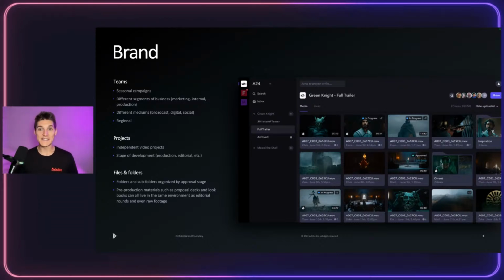Typically for brands, I see teams organized based on a seasonal campaign or various business units. Remember, you can create as many teams as you would like within this space just to help make sure that you're parceling out exactly where content is organized. Projects within the brand space,